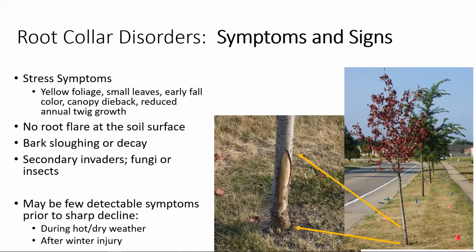Another sign or symptom, we've talked about this, is no root flare at the soil surface, that telephone pole appearance. Sloughing bark or signs of decay. So in this picture, this red maple is obviously turning, it has fall colors in August, and this was close to our office. I drove by it every day and finally got out to look one day, and lo and behold, there's some mower damage there. That tree has had some damage to its lower trunk, either from a mower or a passing person, whatever happened to it.